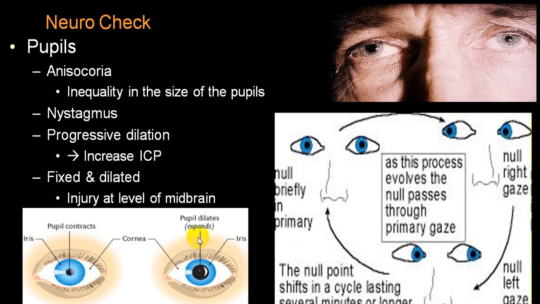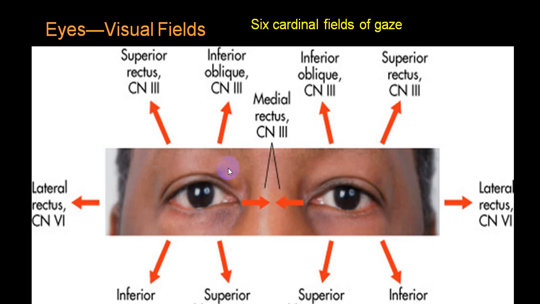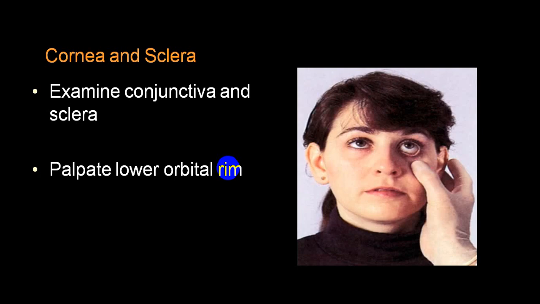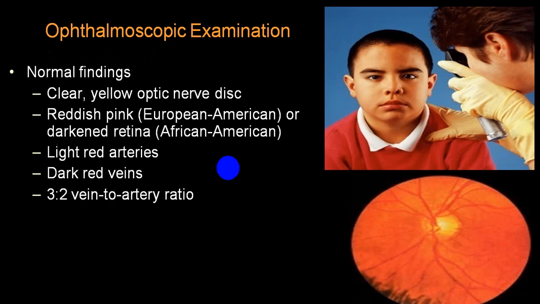So pupillary examination will be very helpful. Anisocoria, nystagmus, dilated pupil, fixed pupil, pinpoint pupil, all those give you important clues. This is just a highlight chapter. Even the movement of the eyeball we'll be discussing in third, fourth and sixth cranial nerve palsy. Look at the cornea and sclera for jaundice, cyanosis, pallor.